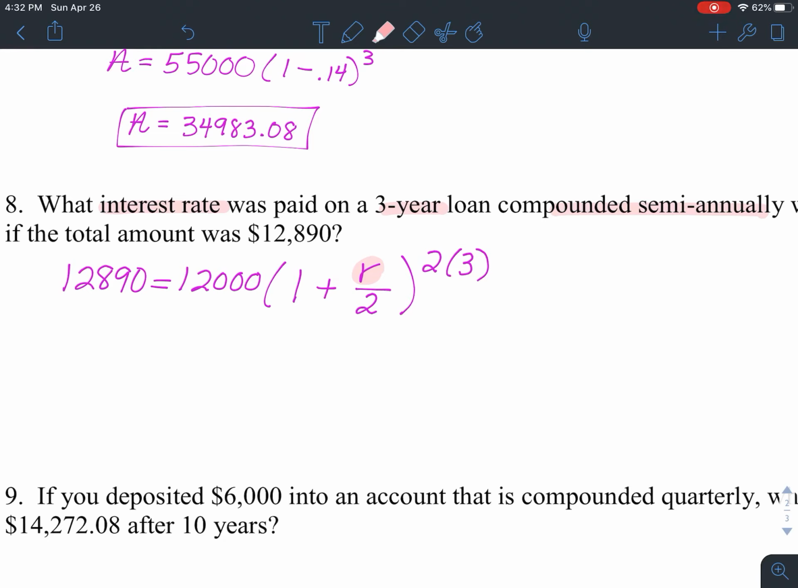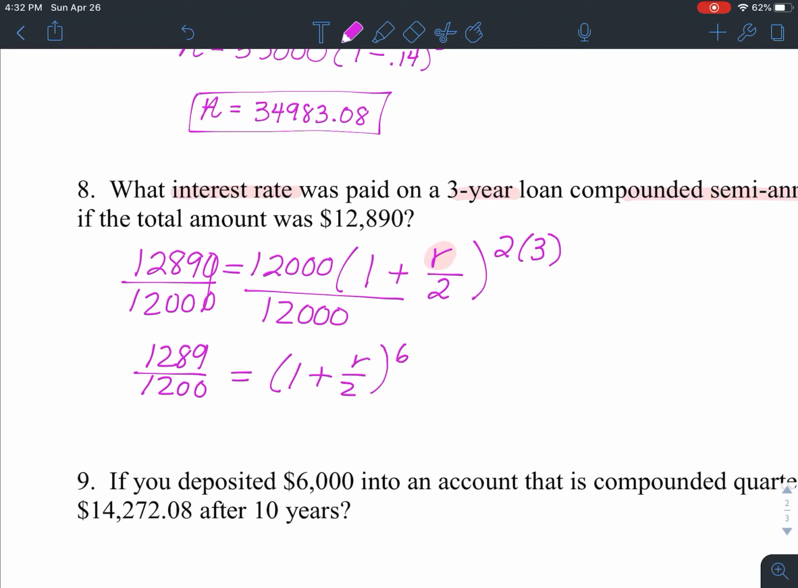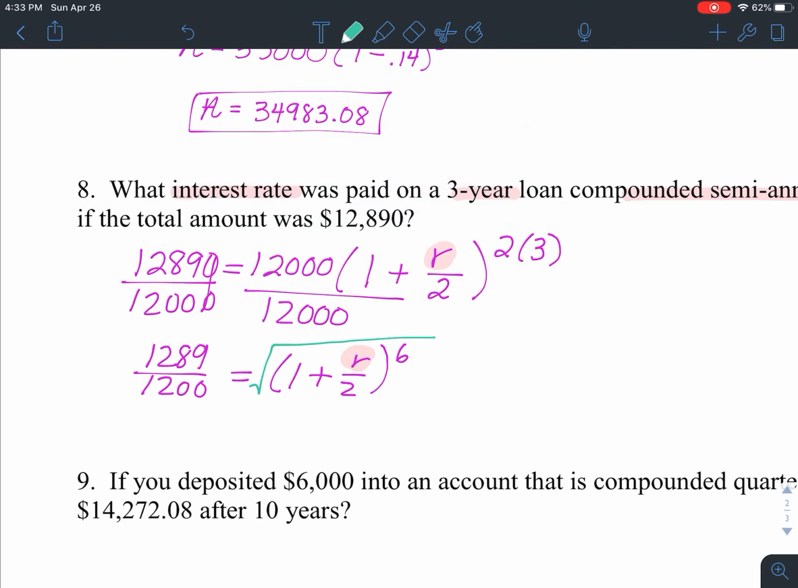So what do I do to get to my R? Great question. Step 1, I would divide by 12,000. Divide by 12,000. Okay, so with that, we got really 1,289 over 1,200 equals 1 plus R over 2 raised to the 6th power. Now, I still need to solve for R. How do I get R by itself? What you are going to have to do is you are going to have to take the 6th root of